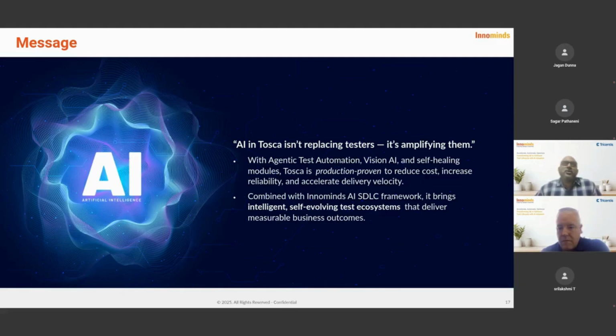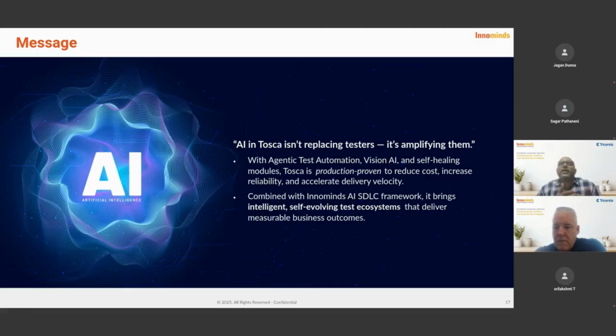So it was doing good, and they haven't migrated from Java applets technology. They were still sitting on Java applets, and they're reluctant to migrate to new Java Swing based applications, or maybe revamping their web. So they have asked us to come up with an analysis of the existing tools in the market, which would really help them to automate or reduce the complexity of their automation using low code, no code tools.